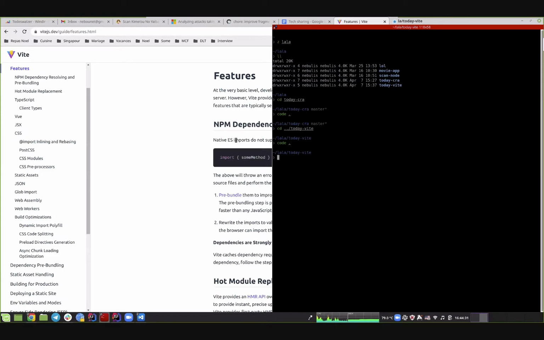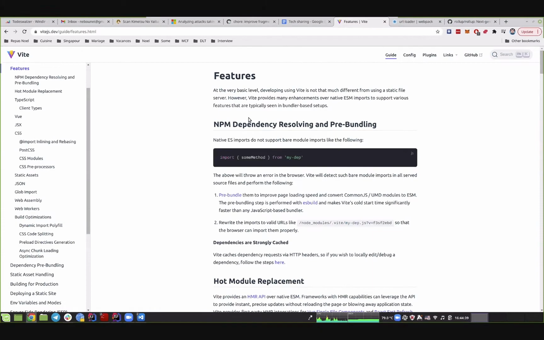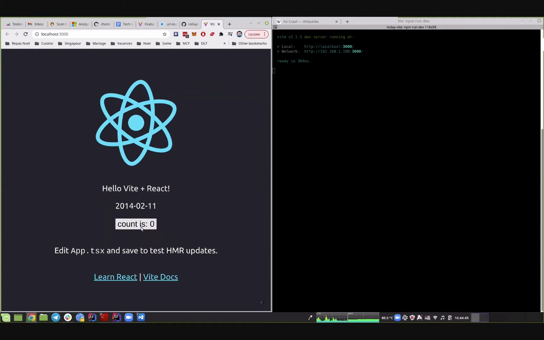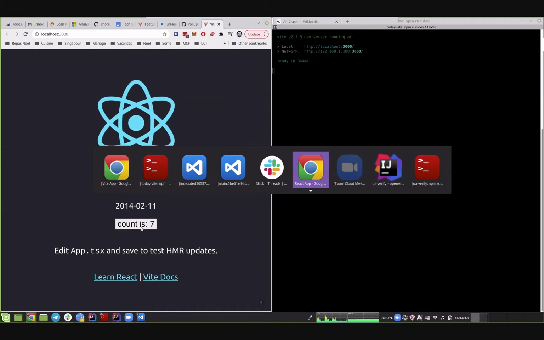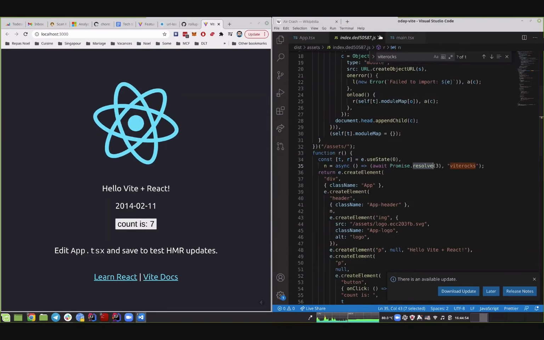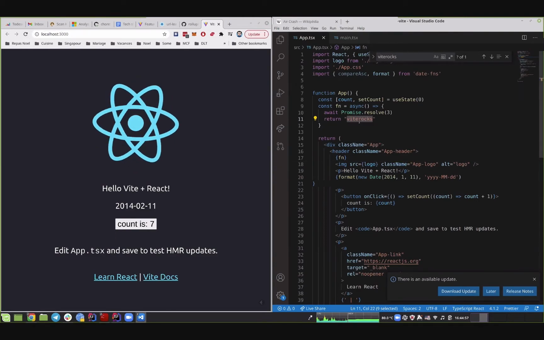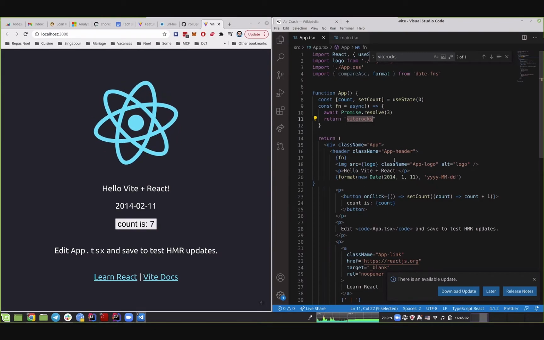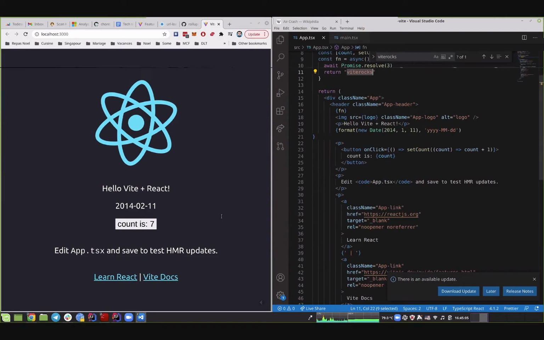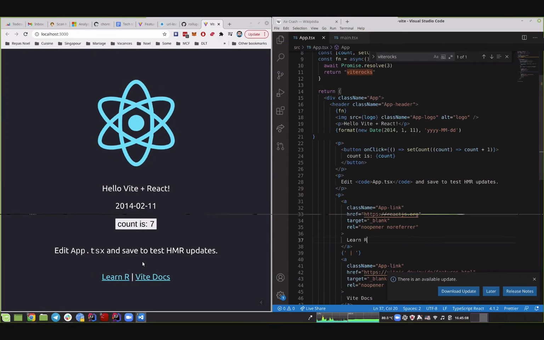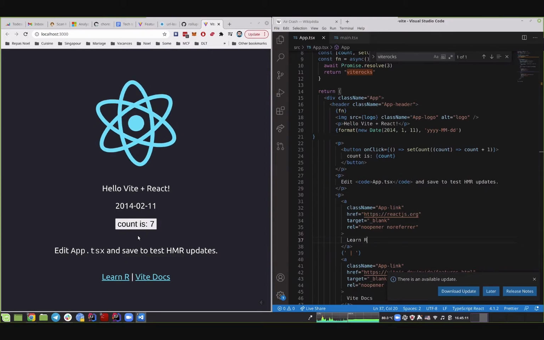files into your project. I will just quickly demo how fast it is. Let me start. There is one thing that is cool as well: it uses the latest hot module replacement, I don't remember the name exactly, but basically it will keep the state in memory. So for instance, if I just change this, you can see it just changed the text. It didn't change the state of my component.